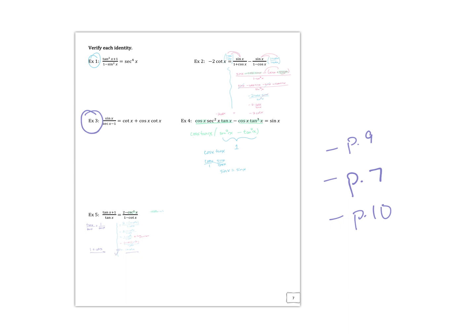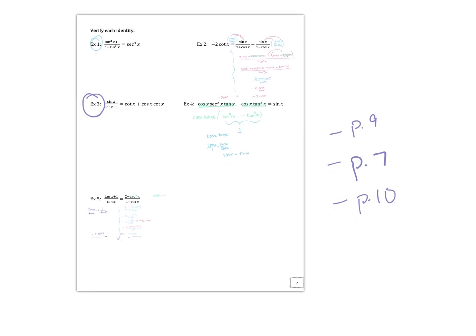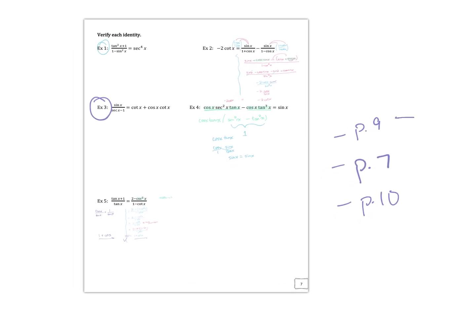I wanted to make sure I was telling you correctly. So try any problems on page 9 that you feel like you need to work through again. Then I want you to try these 2 on page 7. And then I want you to look at page 10 and start working through some of those, okay? You're going to do these